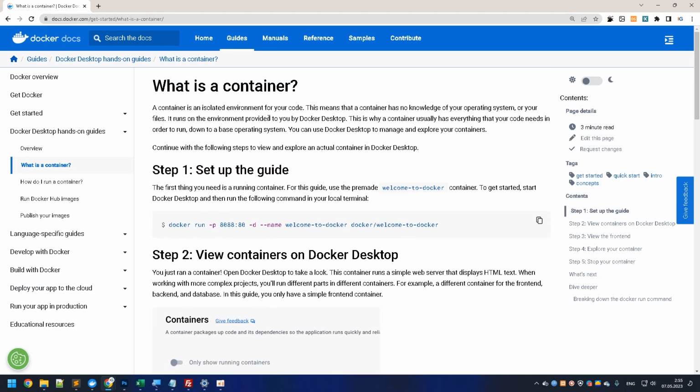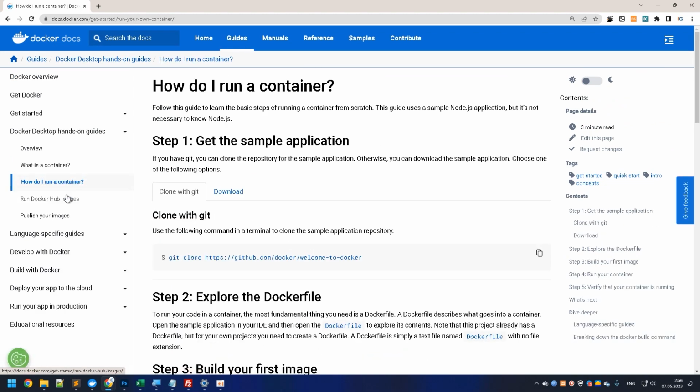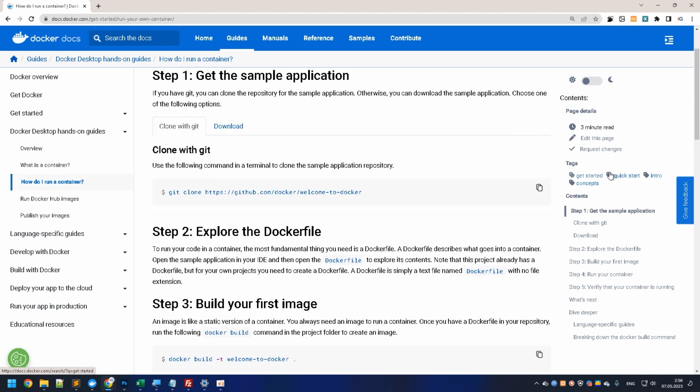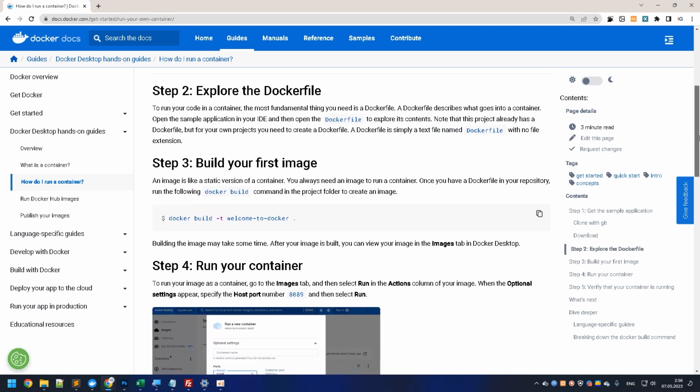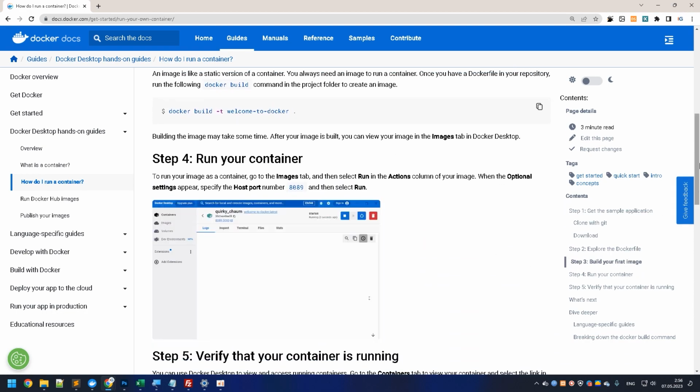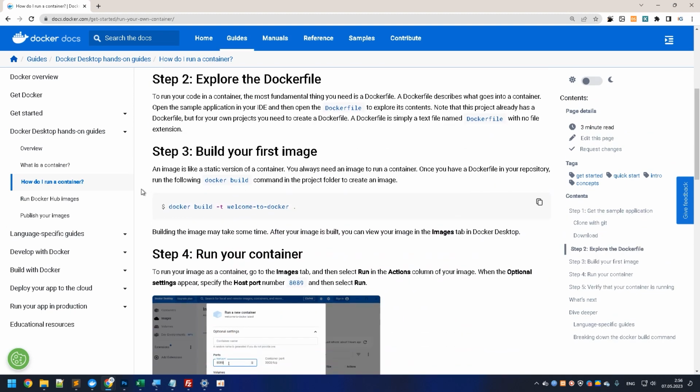So it tells you what Docker is, what Docker does, and it also shows you some examples, and you can navigate to the other pages, like run your Docker. So when I click on it, it takes me automatically to the next page so I can learn. And you can see on the right hand side of the page, it highlights what you're reading, where you're currently located. So it's really easy, and it's also fun to learn Docker going through the official documentation.